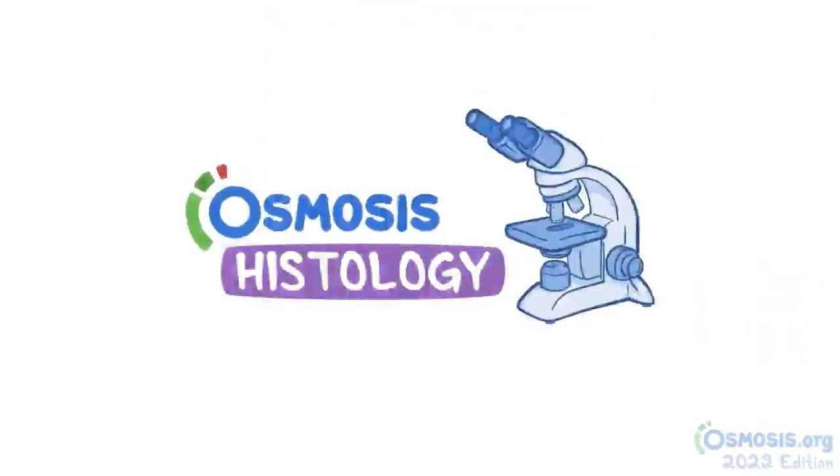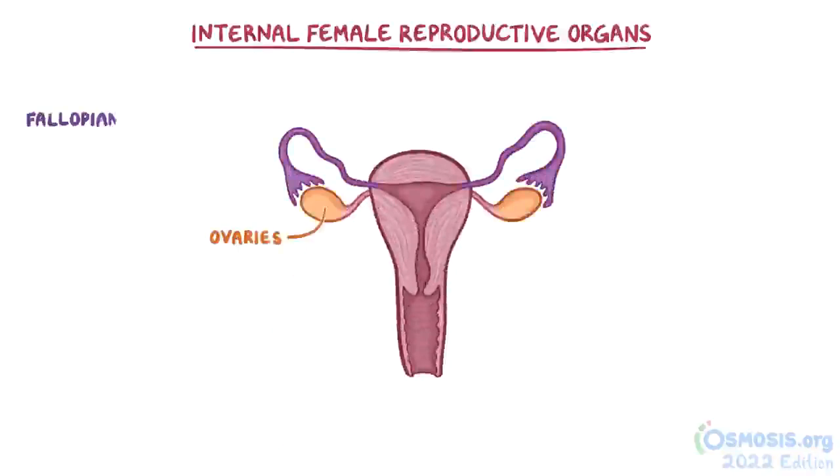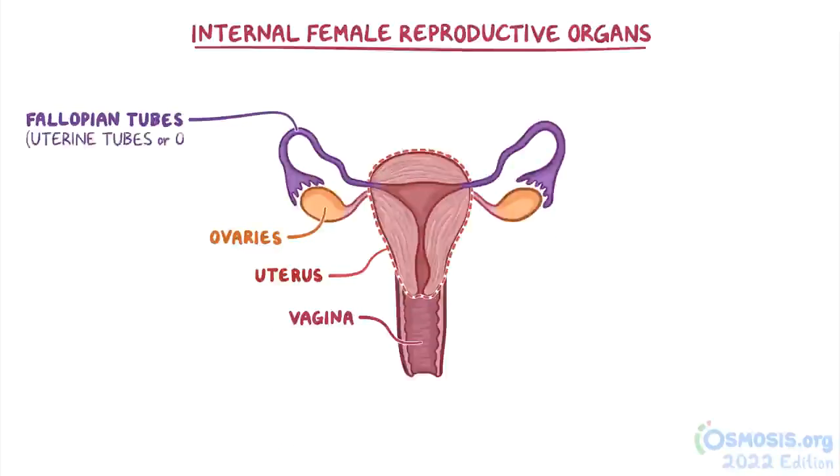Now, let's get a closer look. The internal female reproductive organs consist of the ovaries, fallopian tubes, uterus, and vagina. The fallopian tubes are also often called the uterine tubes or oviducts. These fibromuscular tubes transport a mature female reproductive cell or egg cell called an ovum from the ovary to the